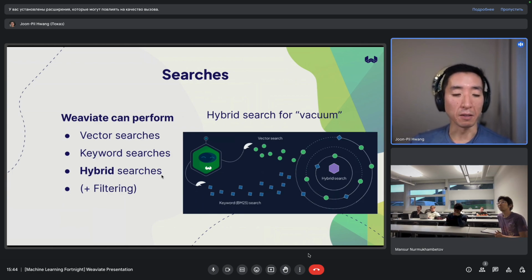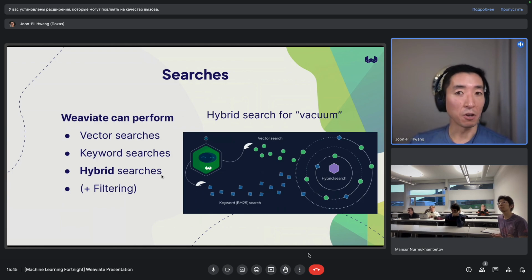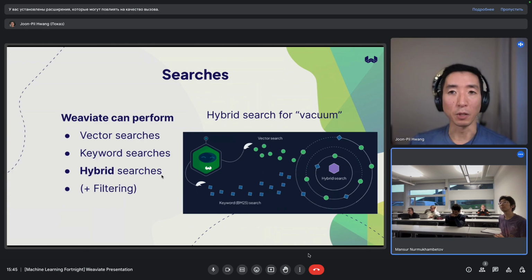So at least in the case of Weaviate, it performs a vector search, just with the same query term like we talked about. So convert the query to a vector, get the objects, and then performs a keyword search as well under the hood. And what it does is combines them using what we internally call a fusion algorithm. So there's a couple of different fusion algorithms.